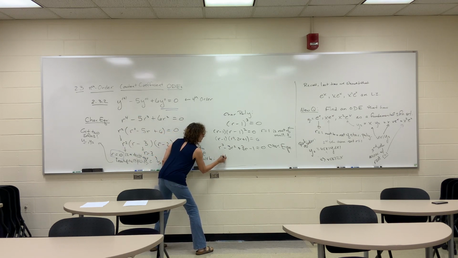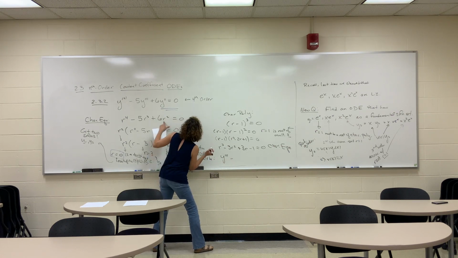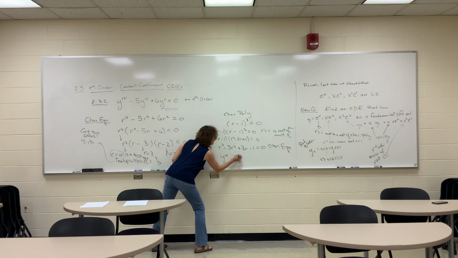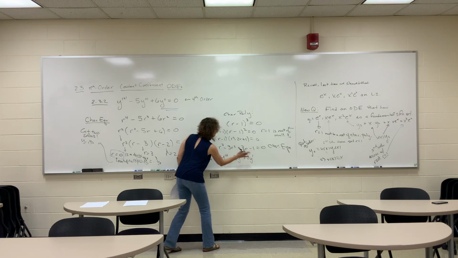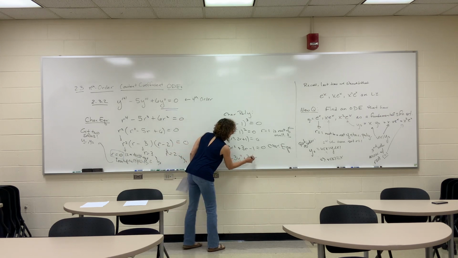So y triple prime, minus, good, and r squared is going to correspond to the second derivative. So minus 3y double prime, plus 3y prime, r to the first power, one derivative of y, minus